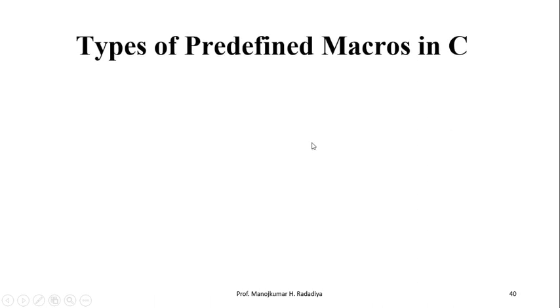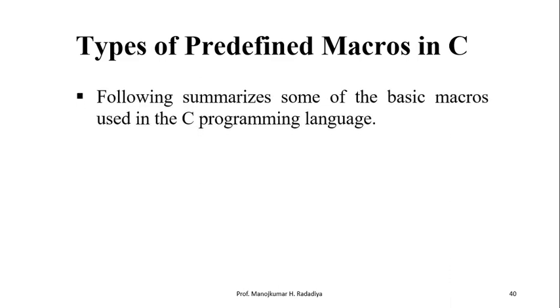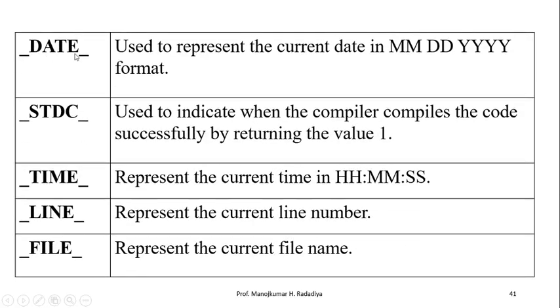Now the types of predefined macros in the C language, which are basically available in C by default. The following summarizes some of the basic macros in the C programming language. __DATE__, all the macros are written in capital letters. __DATE__ is used to represent the current date in